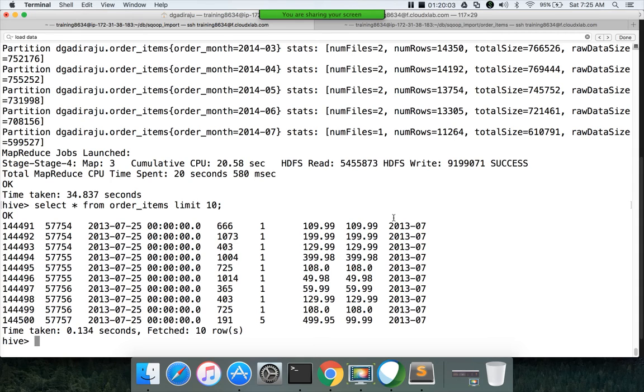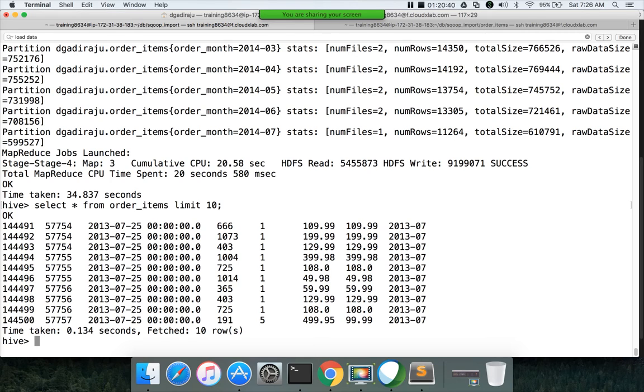Okay, and as we can use MapReduce to process the data, if you have to apply any transformations on the data, then we have to use the insert command while loading data into the table. So this is the major difference between the load command and the insert command. The load command does not use MapReduce, the insert command does use MapReduce, which means that data being loaded using the load command has to be pre-processed, whereas as part of the insert command we can apply transformation rules to process the data before loading into the final table.